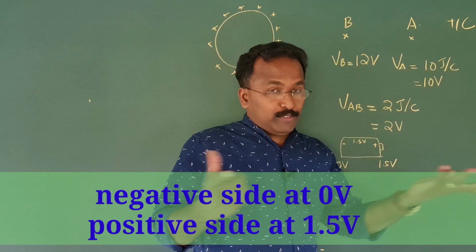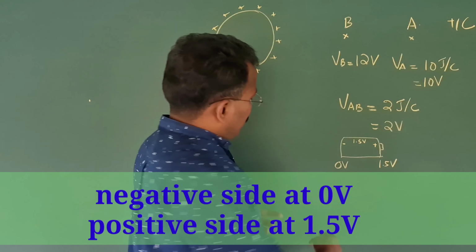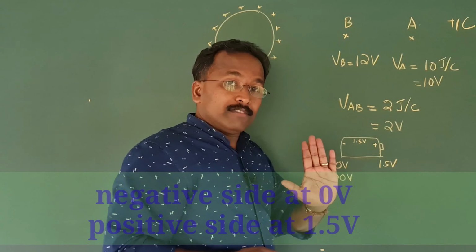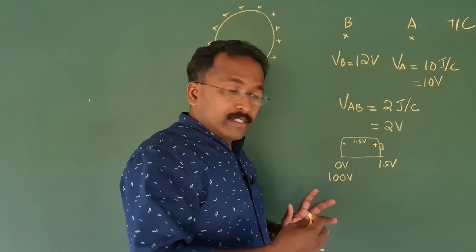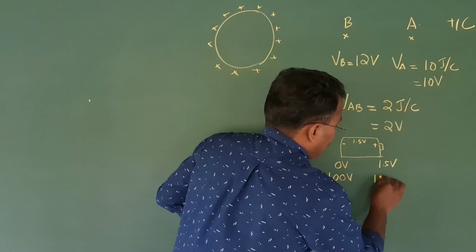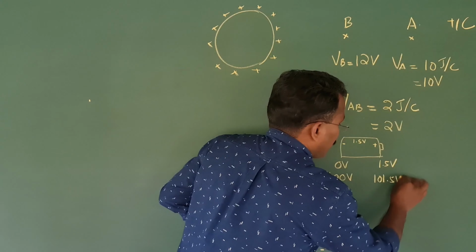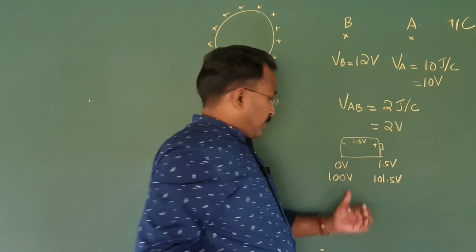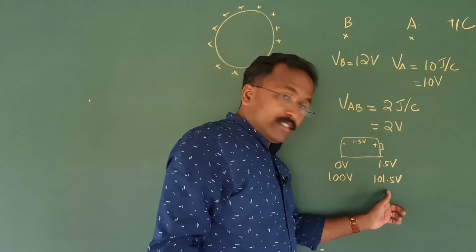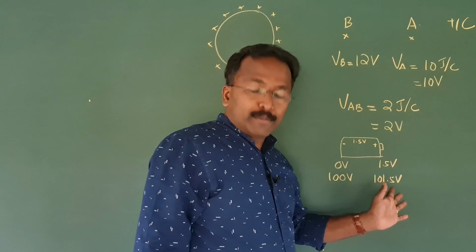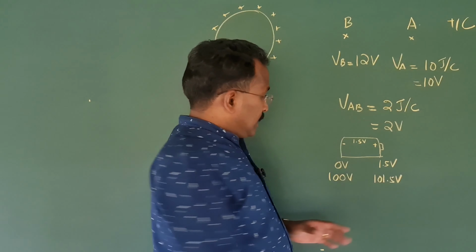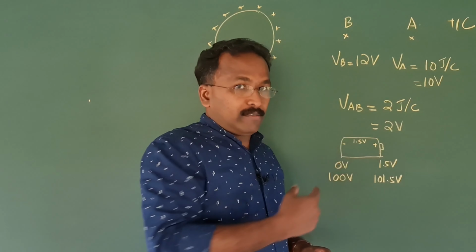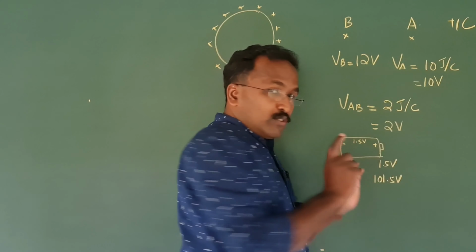Now one of you can say like this, actually this side is, so okay, it is 100 volt. 100 volt means you must say this side is 101.5 volt. Means only the difference we can measure. You cannot measure this value or this value. Only the difference you can measure. So the potential, this is an imaginary value. You can give any value to that. This is also imaginary. You can give any value. But the difference you can measure.